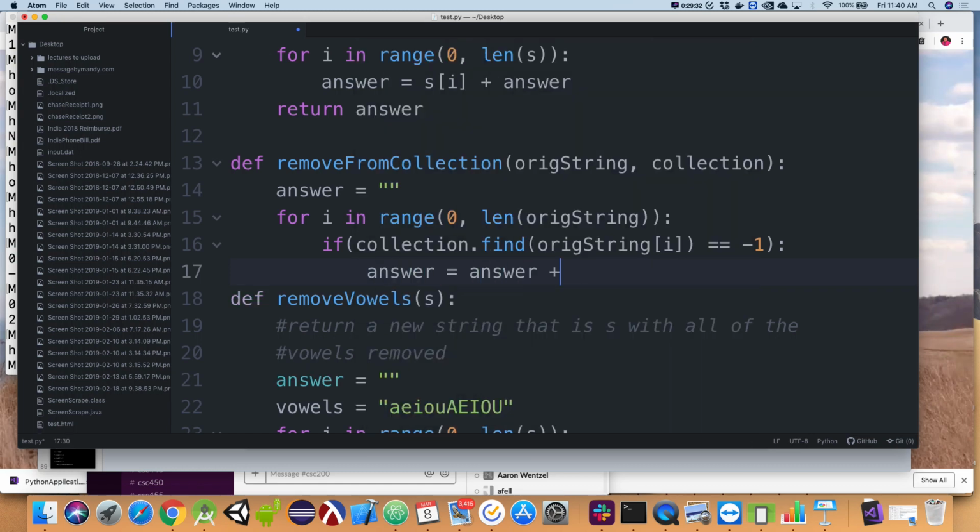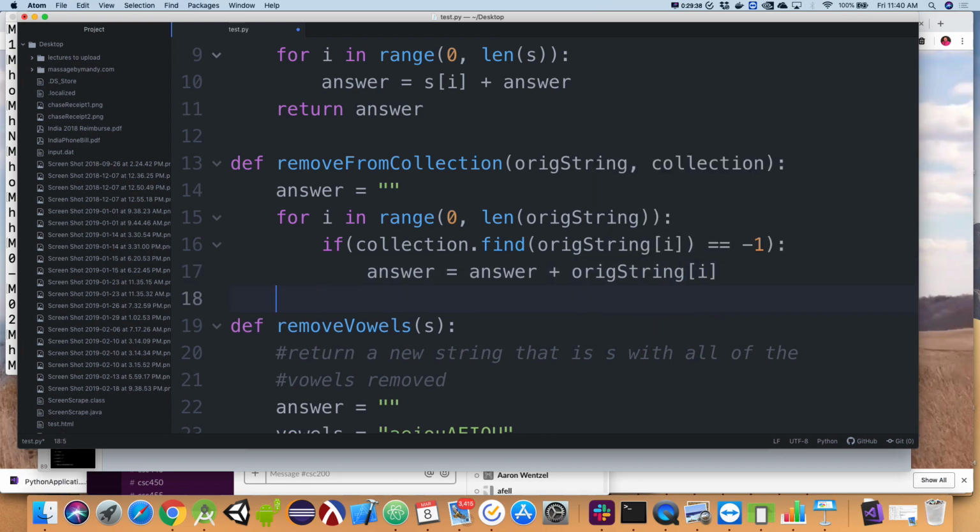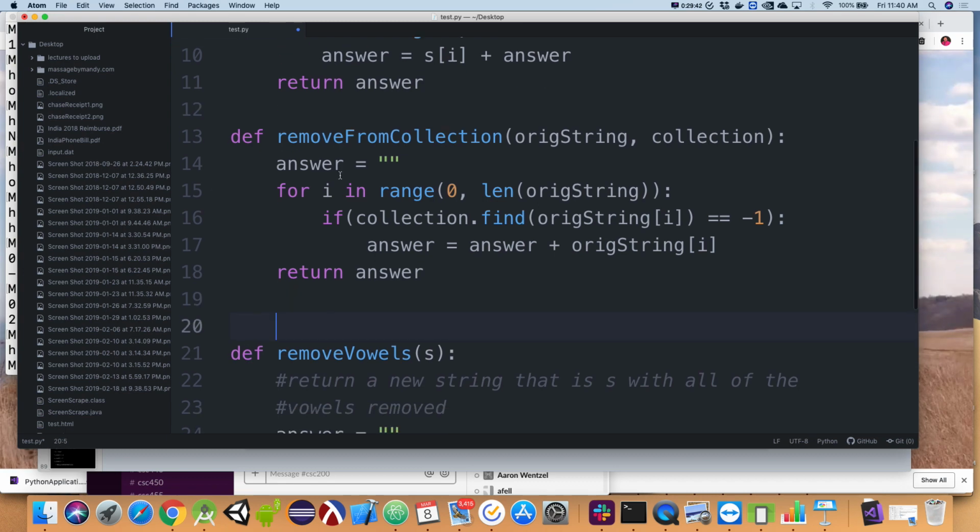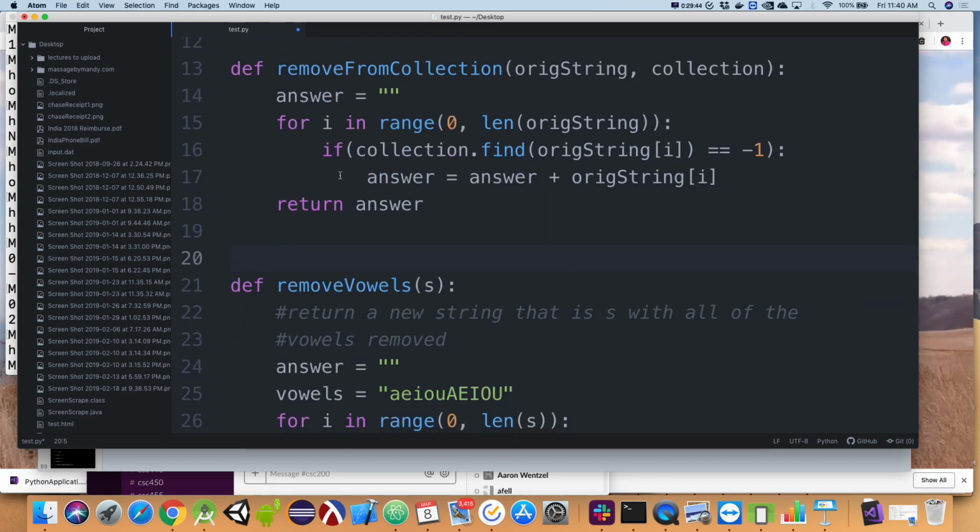Answer is equal to answer concatenated with orig string at bucket I. Ultimately return answer. So now I have a generic form